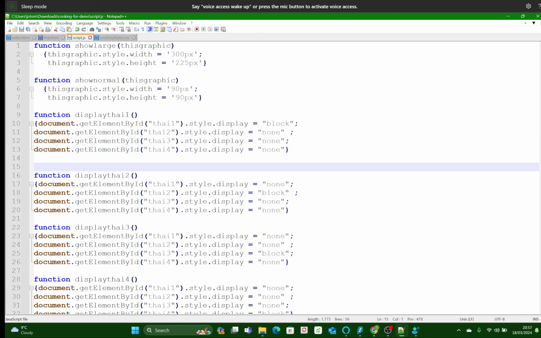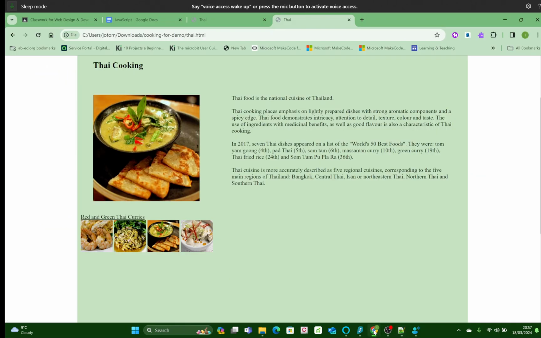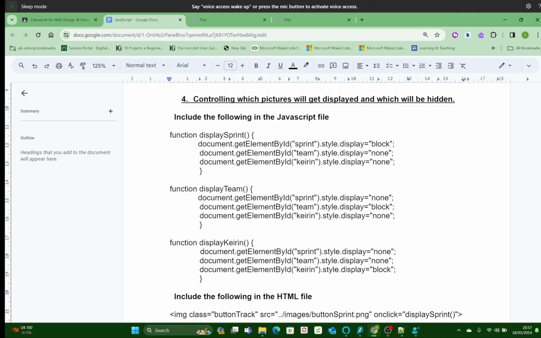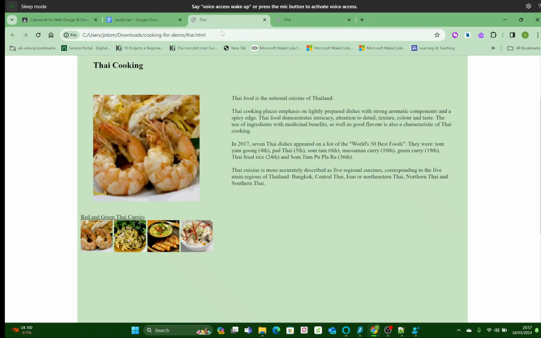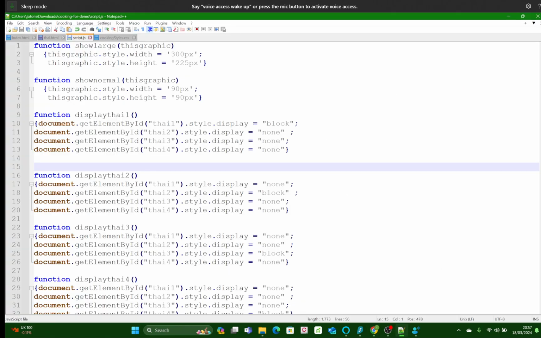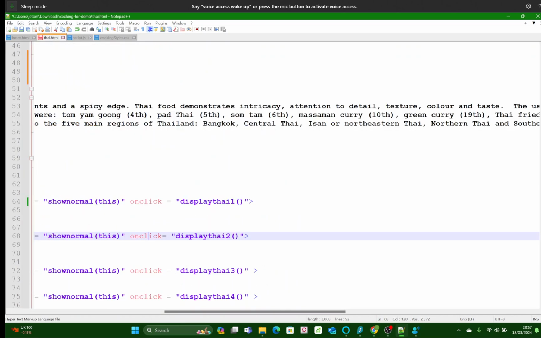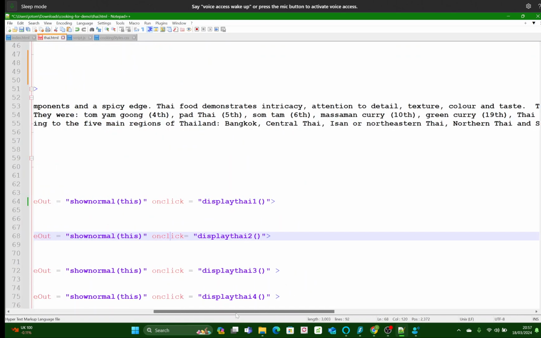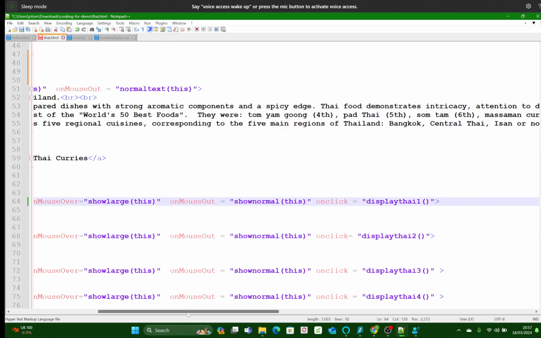So how did we get this code? If we have a look at the JavaScript document, there it is. Get element by ID. And what is the ID called? Let's go and have a look at the IDs that we have: Thai 1, Thai 2, Thai 3 and Thai 4. When we look at our Thai style, display Thai 1, get element by ID Thai 1,